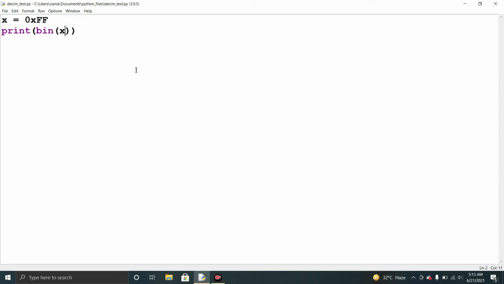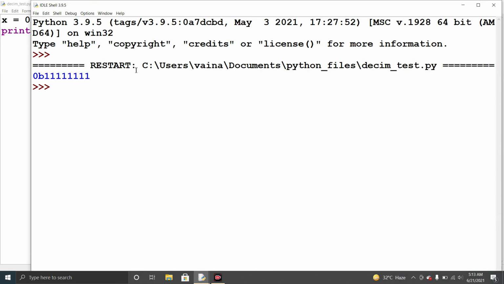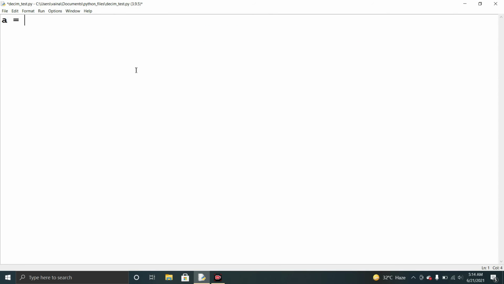When we run it, we get the binary form. We take a variable a equal to 0b1111, and a variable b equal to 0b0101. So we print a XOR b.